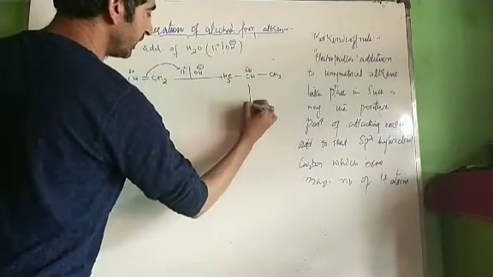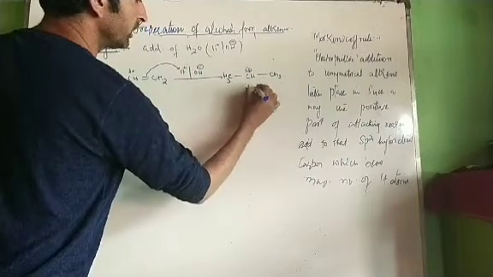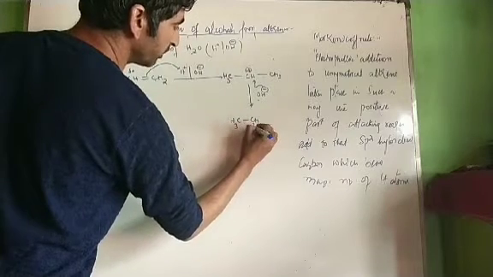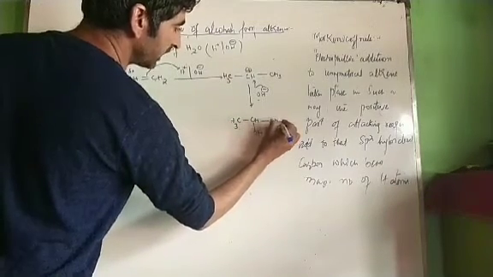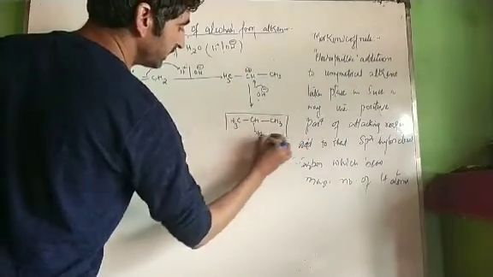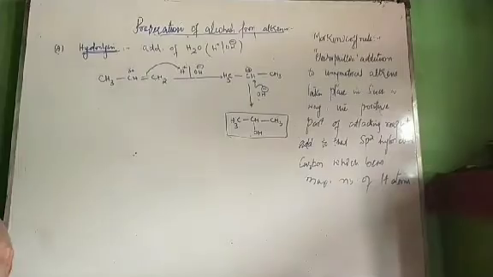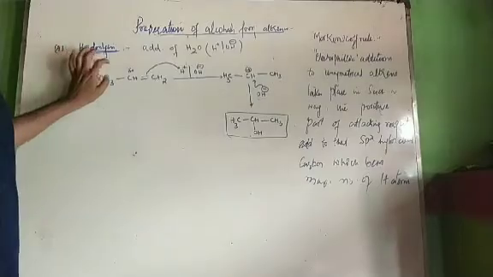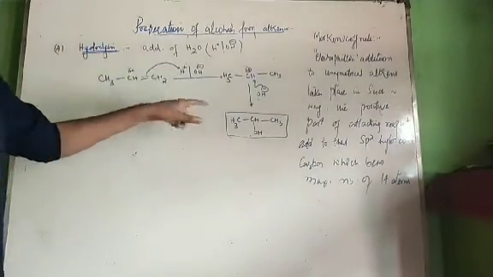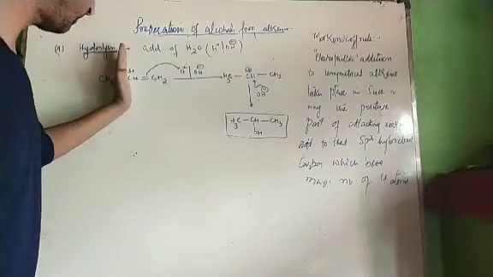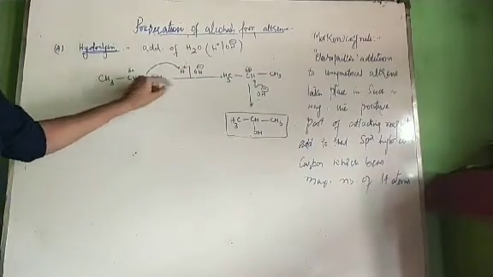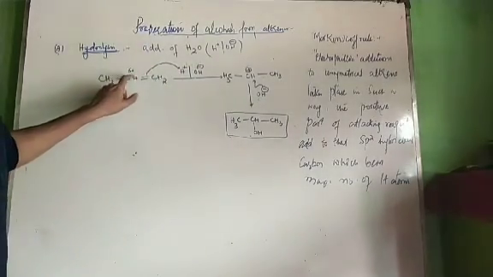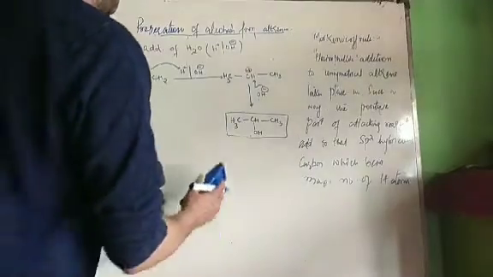In the next step, the negative part of the attacking reagent attacks and we get alcohol. What type of alcohol are we getting over here? This is a secondary alcohol, 2-propanol. A question may be asked in board exams like this: how can you prepare 2-propanol from propene? This is hydrolysis, and you have to remember this. Generally, you have to check the sp2 hybridized carbon atoms, and add the positive part to that carbon atom which bears the maximum number of hydrogen atoms, and OH to that which bears fewer hydrogen atoms. This is as simple as it is.